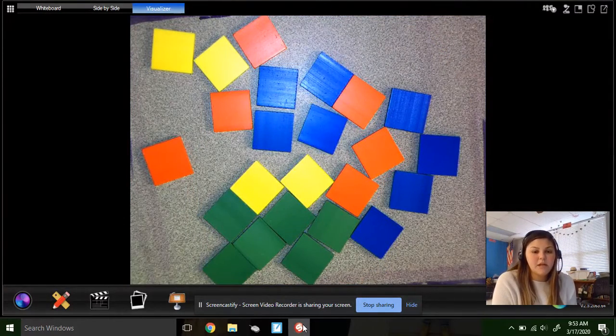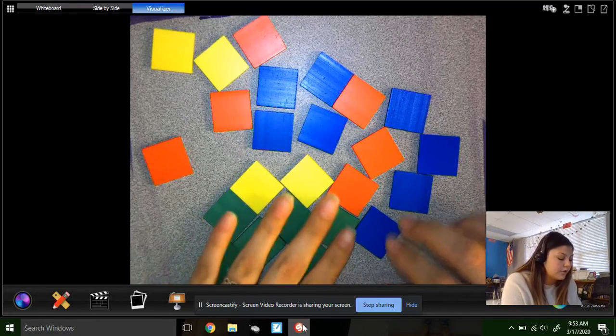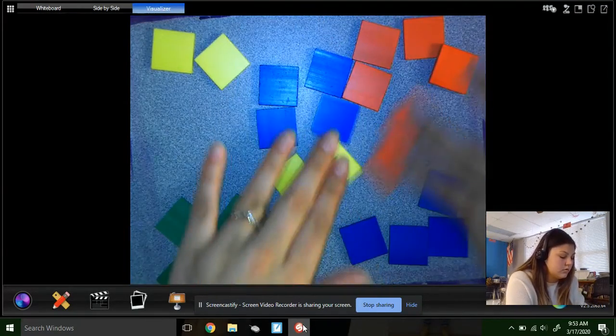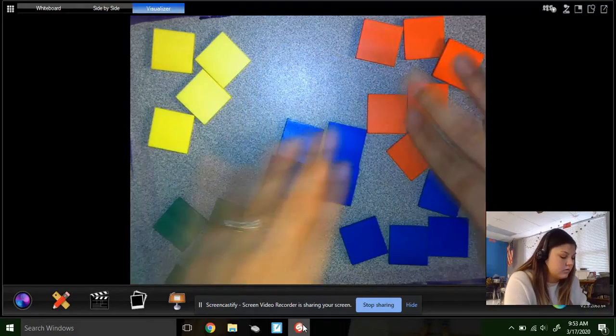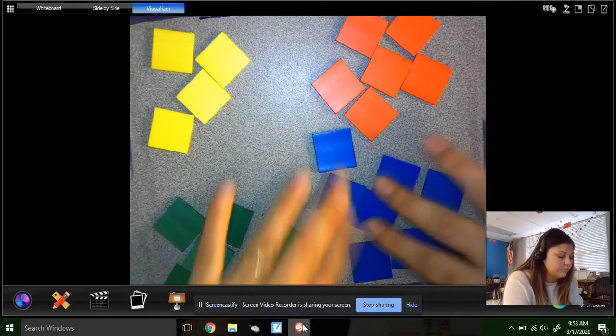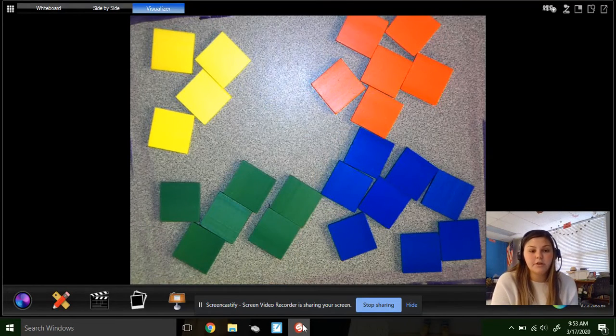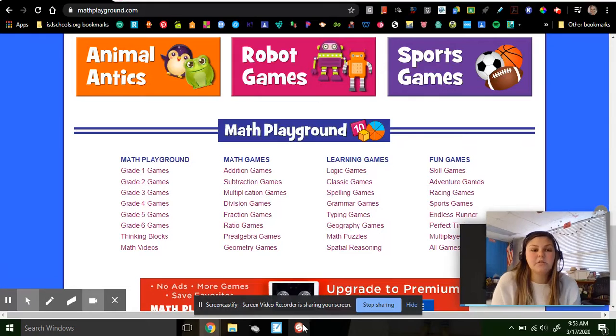Look at this pile of tiles that I have. What do you notice? What do you wonder? I was thinking that I could sort these by color. I want to know how many I have of each color, so I'm going to use tally marks to keep track of that. In order to make a tally chart, I need you to follow me to